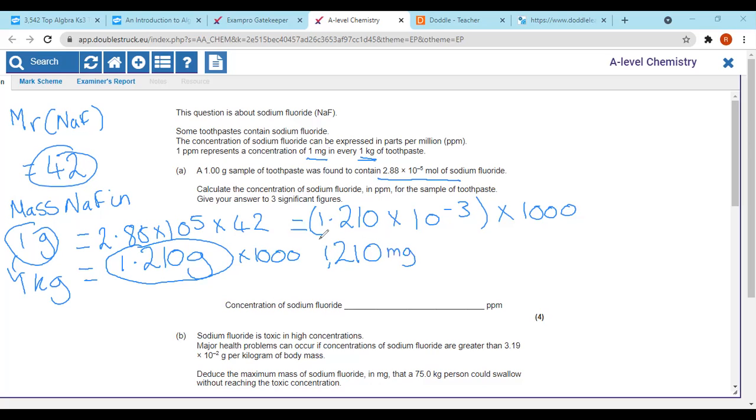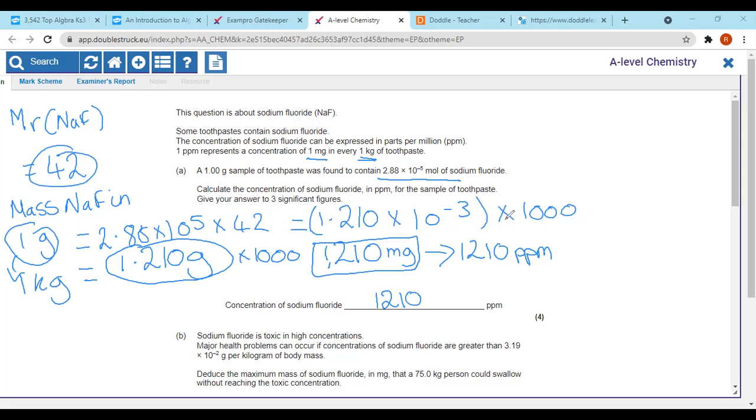So to then convert that into parts per million, this is our last stage and nice and simple. 1 part per million represents a concentration of 1 milligram in every 1 kilogram of toothpaste. So this literally just converts straight into our parts per million. It becomes 1,210 parts per million, and we don't need to do anything else to that, and that will then be our final answer,